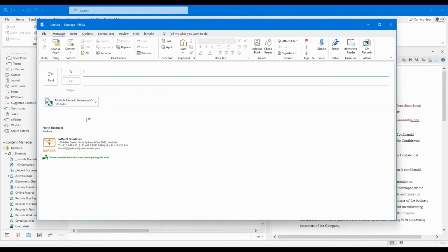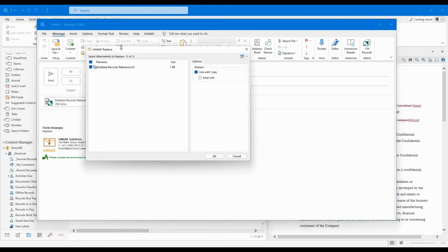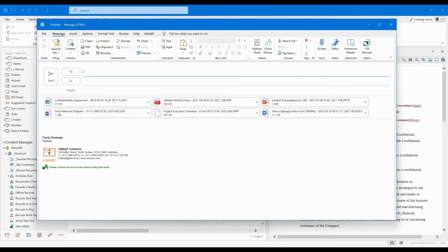Now imagine that you get to this point and you have some links attached, and then you realize that actually you want to send copies of those documents. You don't want to send a link because it might be an external recipient. In normal circumstances, you need to go back and say, I want to email copies. With InMailX, I don't need to do that. You notice I have this replace. And when I click replace, I can replace the link with copy, press OK, and this will just retrieve the copies of those records directly from